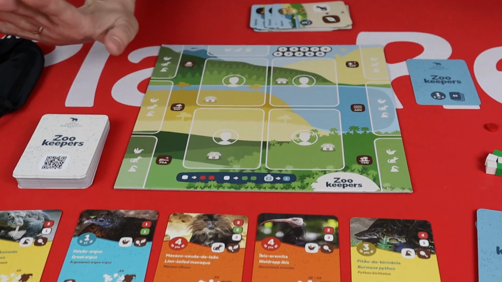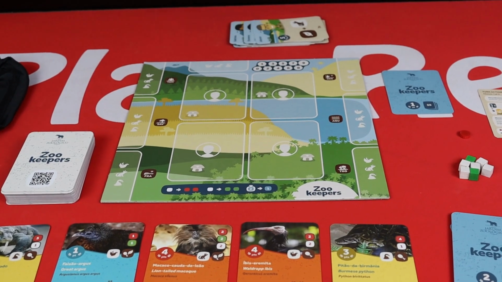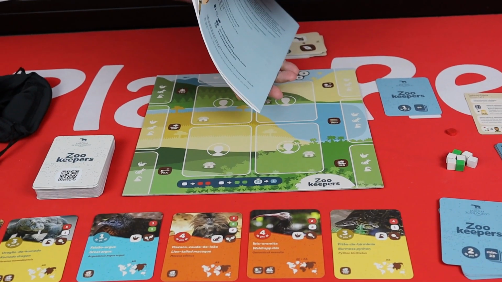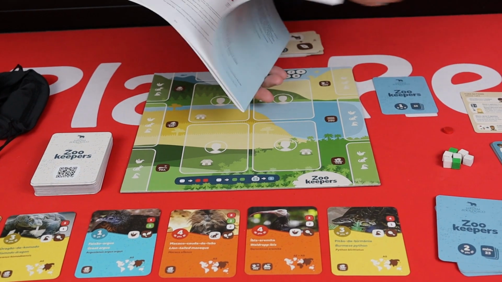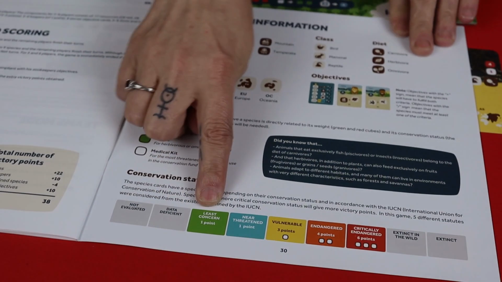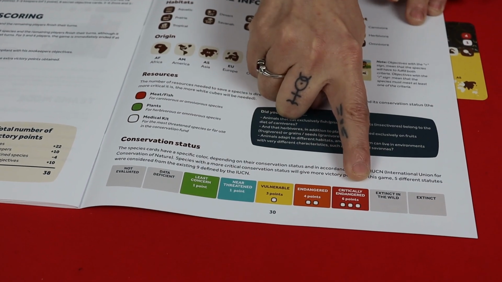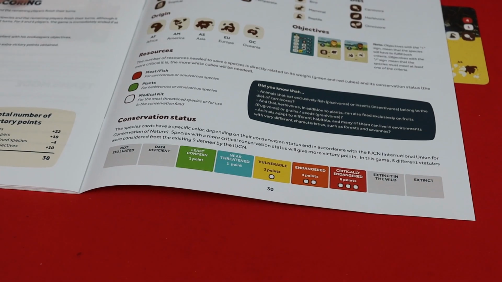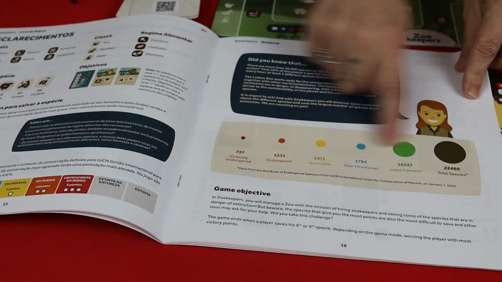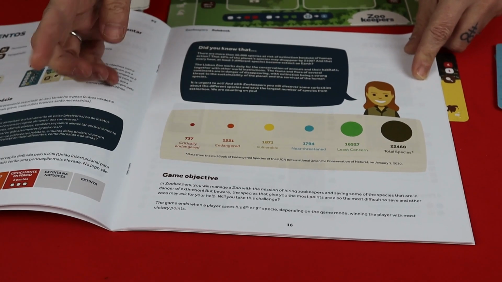Now, the really interesting thing about this is actually the educational aspect. Each species has a card colour which actually represents how endangered the particular species are. I'm trying to find the page now. Here we go. So this actually tells you the green are the most common, I guess, going to the reds who are critically endangered. So it tells you all about the conservation status of these animals. There's also a little chart here telling you exactly what that means. So the red cards, which are critically endangered, there's